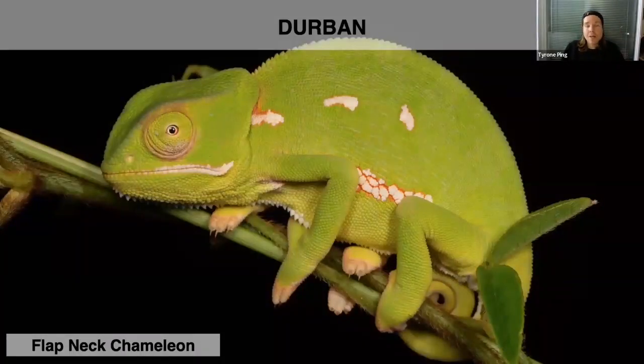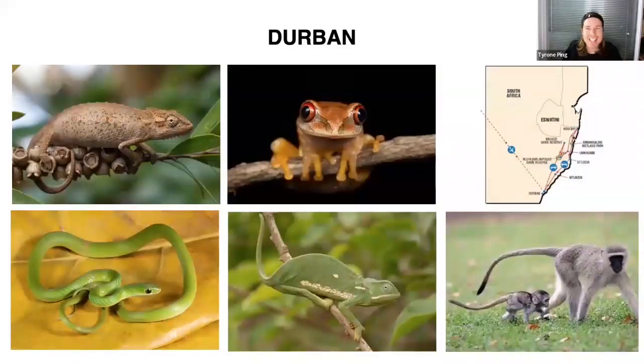So we arrive in Durban, and it's actually a place where I grew up, so I'm very familiar with the animals that are in and amongst the suburbs. So this is a little flapneck chameleon sleeping on a little piece of grass. He just woke up for the photograph. And yeah, we're in Durban, and these are some of the key species that we are likely to see in the region. From left to right, we have your